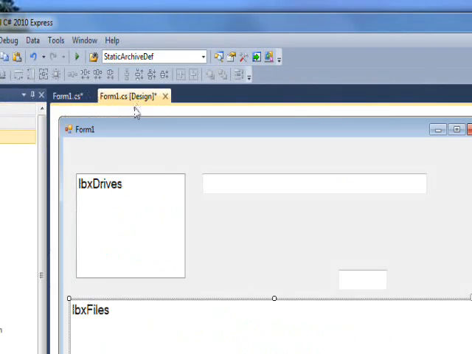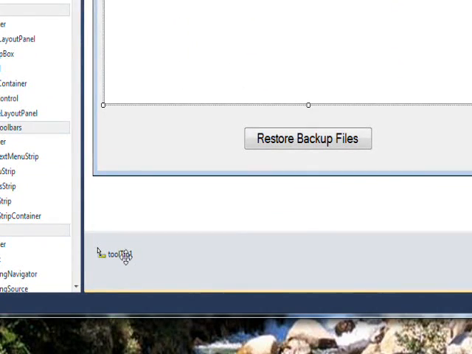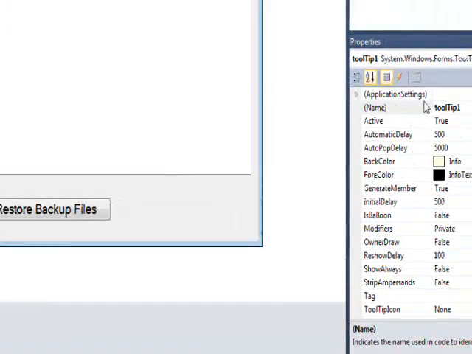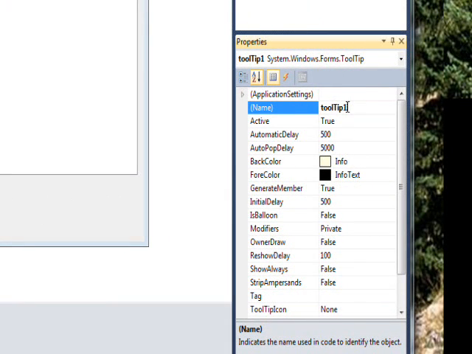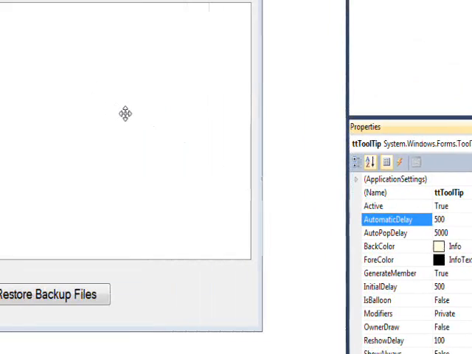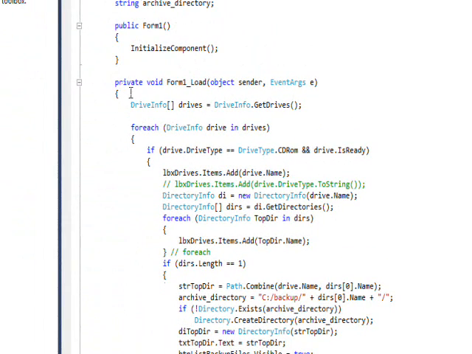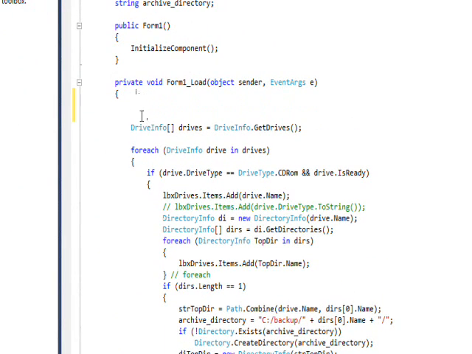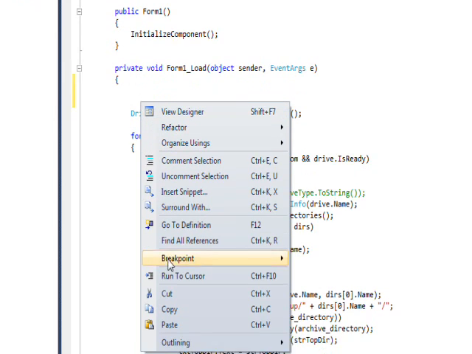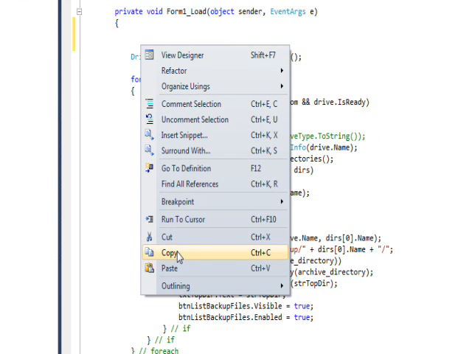well, before we do that, one thing we should do is give this a more meaningful name. So let's go over and name it TT for tooltip, and then just call it tooltip, since it is pretty generic the way we're using it. And then in the form load event, probably right at the beginning would be the best place, we can just put the code I was talking about in the intro,